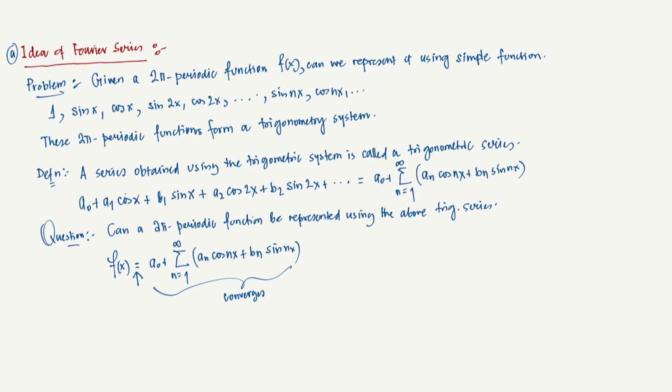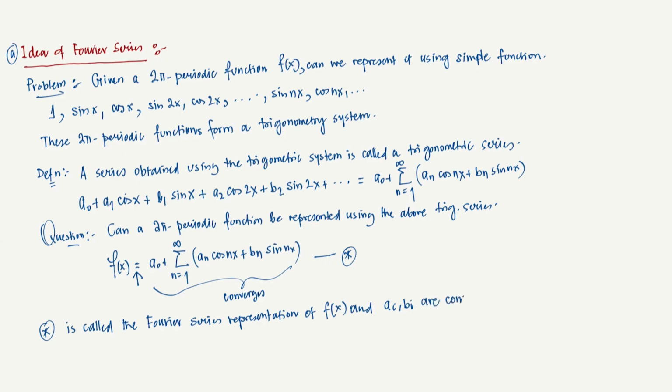Okay, this particular relation, star, is called the Fourier series representation of f of x. Clear? And see this a0, a1, b1, a2, b2, all of this, these ai and bi are